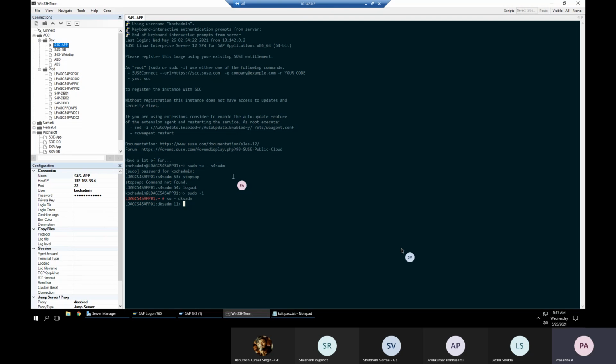This is something like an older version type of system. If I type stop SAP, it will say DKS shutting down. This user is for DKS, which is a different system. So it has stopped. It is stopping the SAP instance and it is not running. If I want to start it, it will be start SAP.